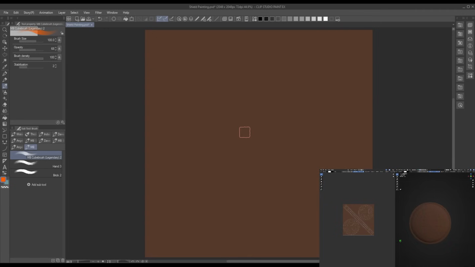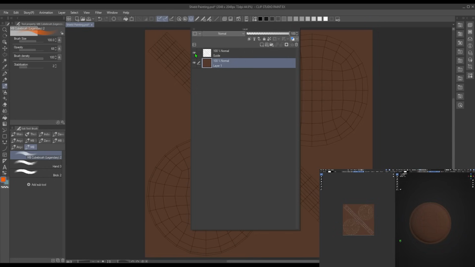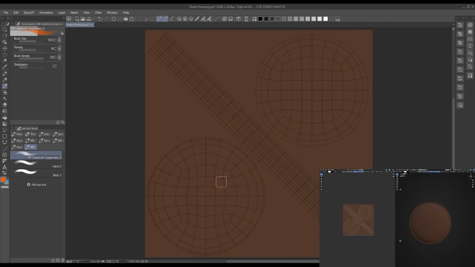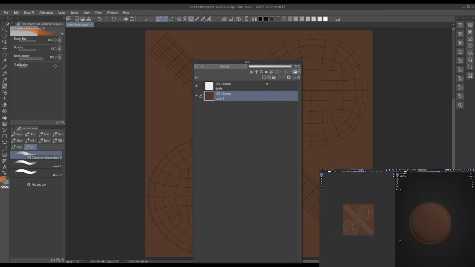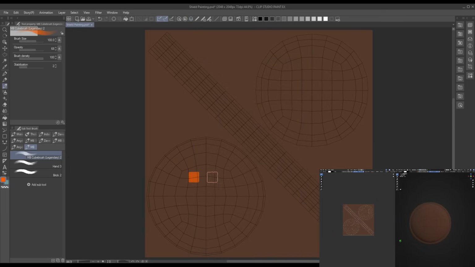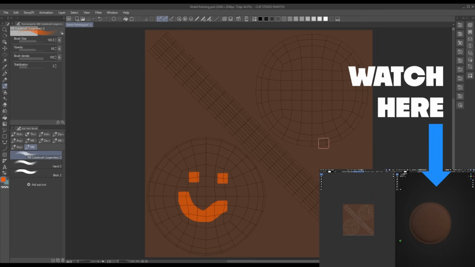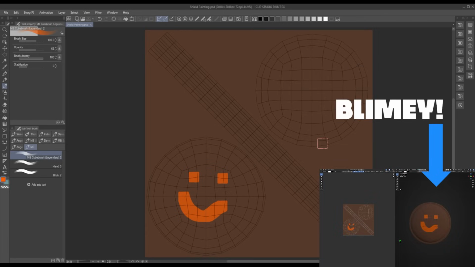Let's head back to our painting software for a minute and turn the guide layer back on. I know from unwrapping this model that the bottom circle here is the front of the shield, so I'll create a new layer and just paint a little smiley face on it. Then, while still in my painting software, I'll hit Ctrl S to save, and blimey if it doesn't update in